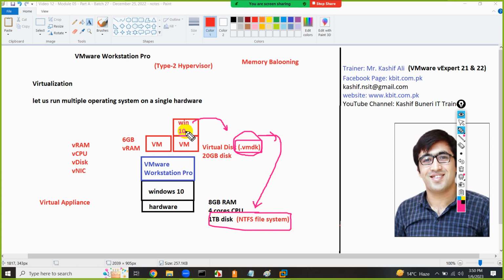So when you want to create a partition on your virtual machine, it will not affect your physical disk because you are partitioning your VMDK, right? So whatever you do inside the virtual machine, it will not affect your physical data or your physical disk. Keep in mind,